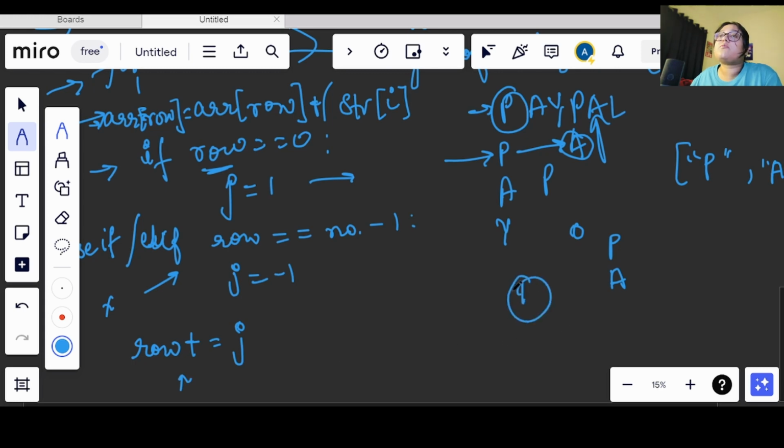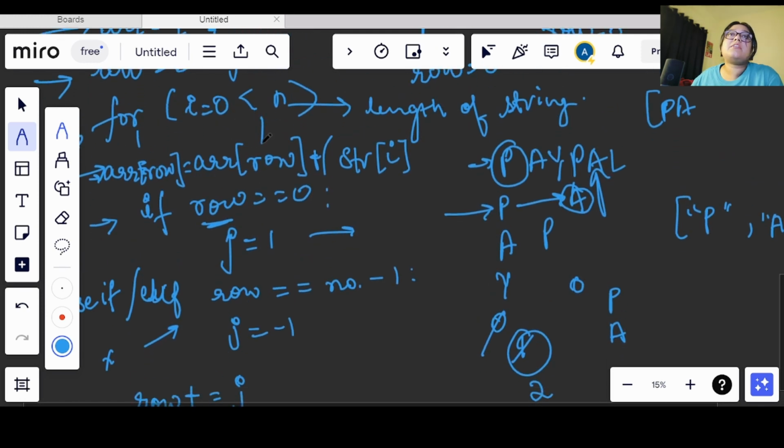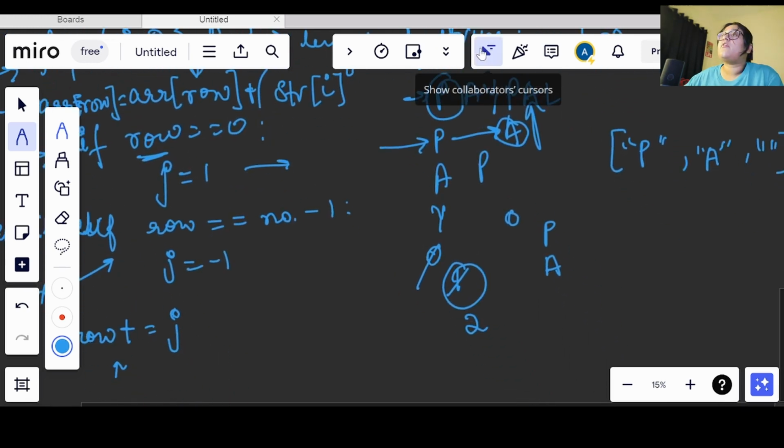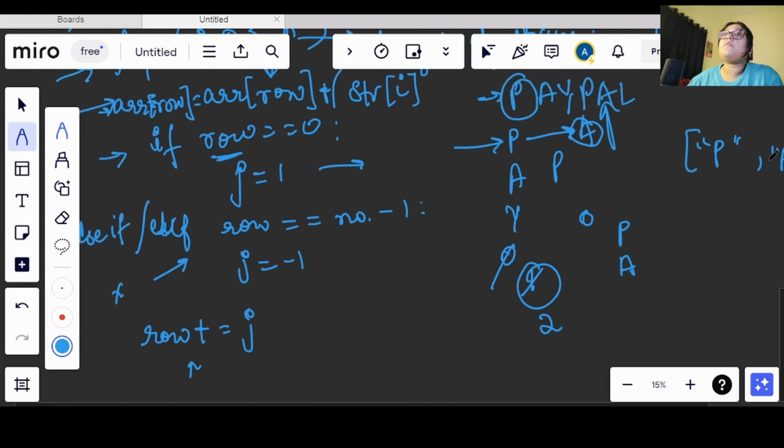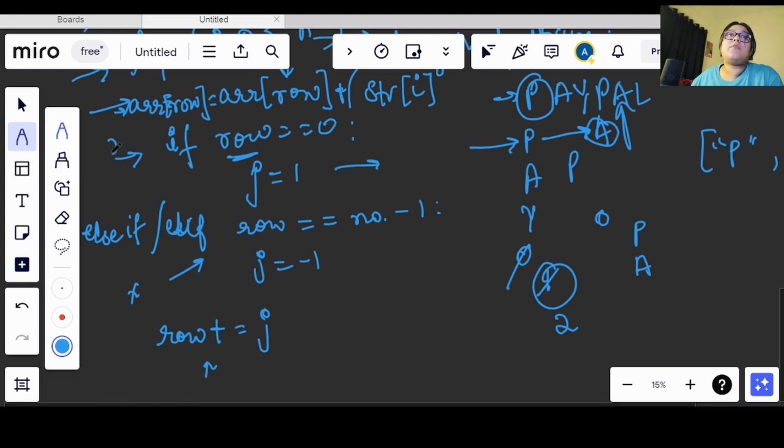Before it was 0, then it incremented to 1, now it is incrementing to 2. So now we have row equal to 2 and we will come here and add this value. So Y will be added in the array here, right? So now our row will become equal to 2, which is equal to n minus 1.